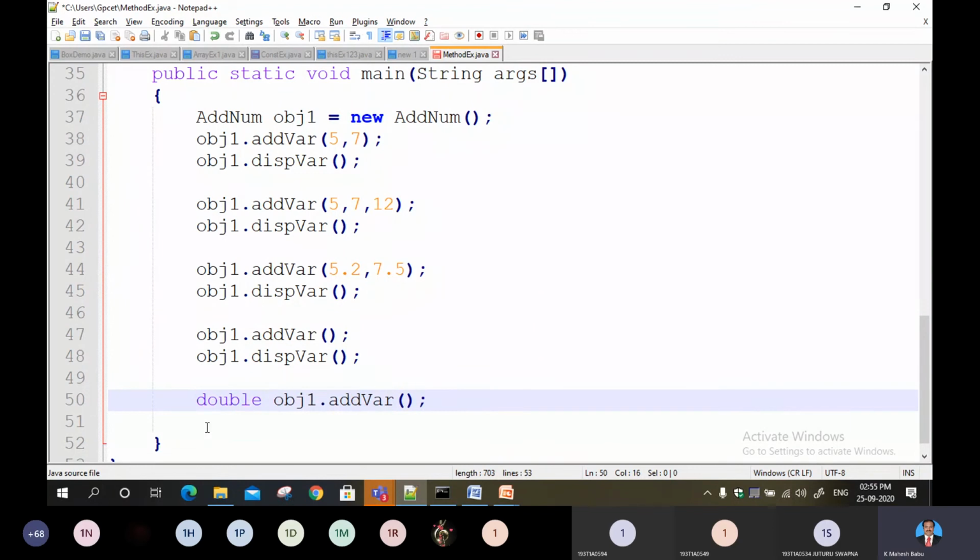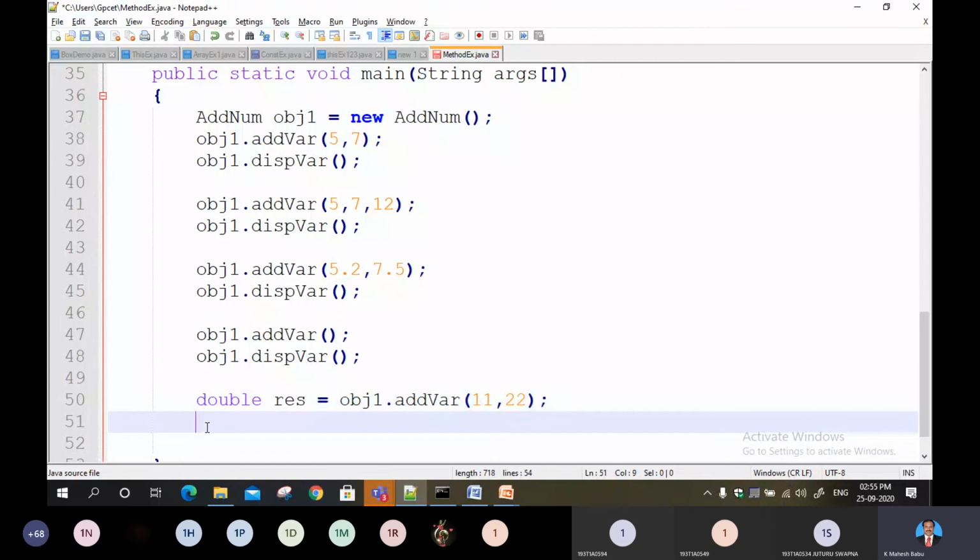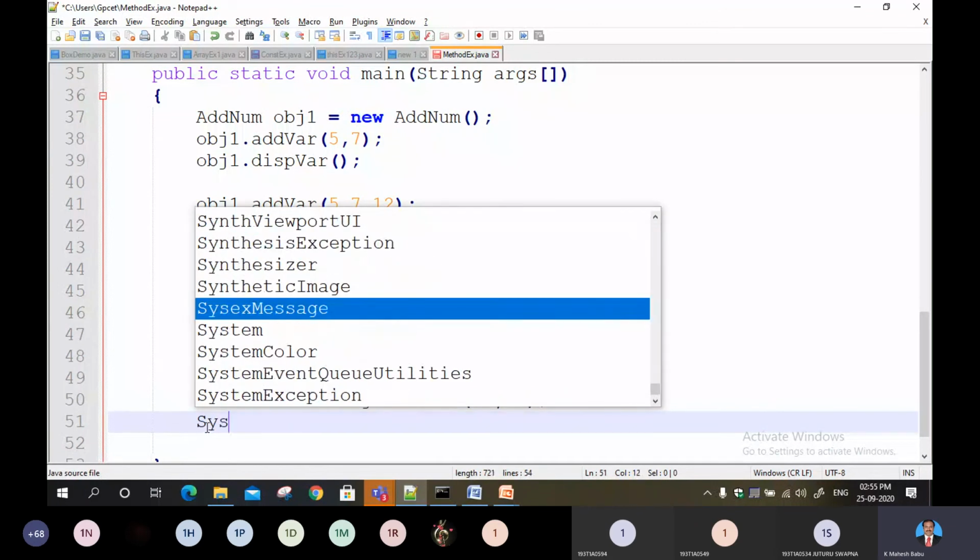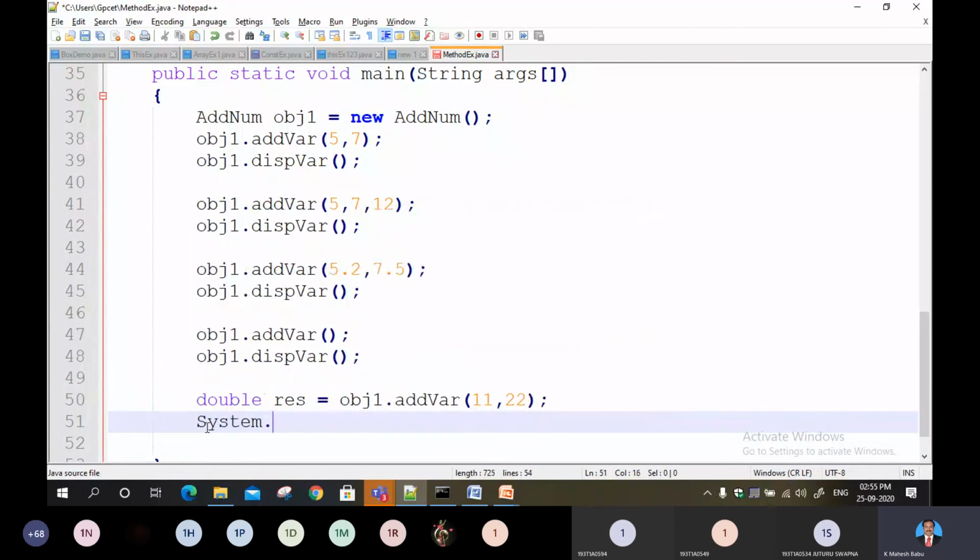Double res equal to obj1 dot add variable. For example, here I pass two values 11, 22. So print the value on the screen, system dot println, printing res on the screen.